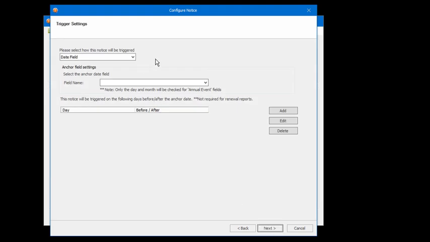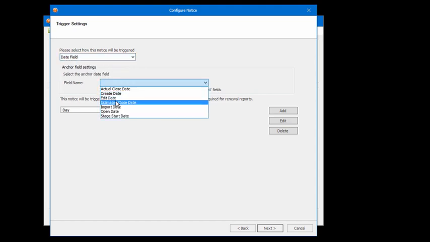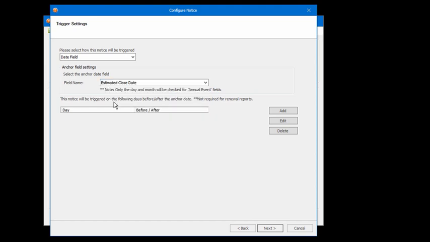So having identified I only want to send this email notification to prospects who have opportunities, I then need to determine what the trigger is for the sending of the email. And the trigger we're going to use here is a date field, but of course it could be a field change. It could be if somebody changes the stage of the opportunity from one thing to another, or the probability from one value to another. But in this particular case, we're going to trigger it by the date field, and the date field we're triggering it by is the estimated close date. So if I click Add,